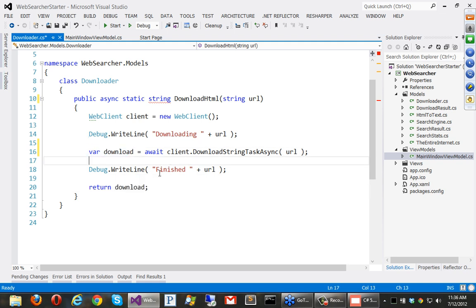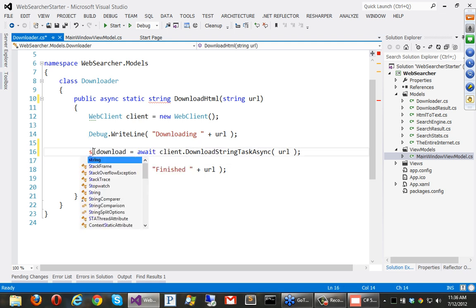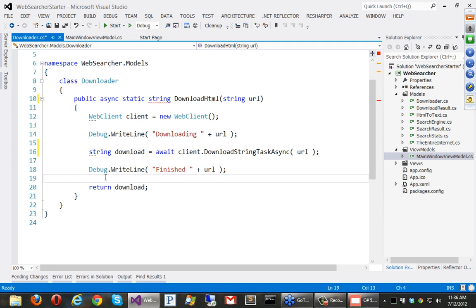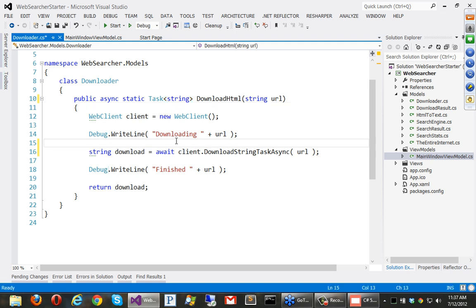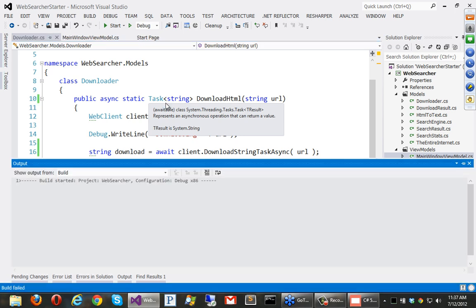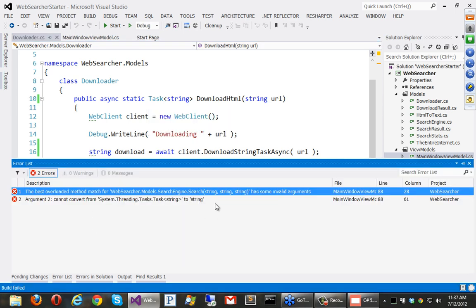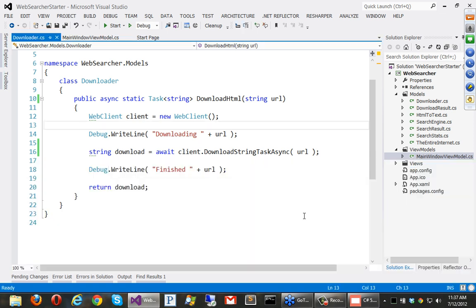Okay. Then the other thing that's weird is this is a string. Let me go ahead and write it as string now so it's really clear. We're returning a string here, but it says that you have to return a task out of your async method. So what this really needs to be is a task of string. But where it gets interesting is we say return string, and yet the return type is task of string, and there's no compiler warnings, right? If I press build, it's totally happy. Well, okay, it's not totally happy because the methods that we're using this one are broken, but you can see there's no errors in the downloader class file. It's only in the view model.